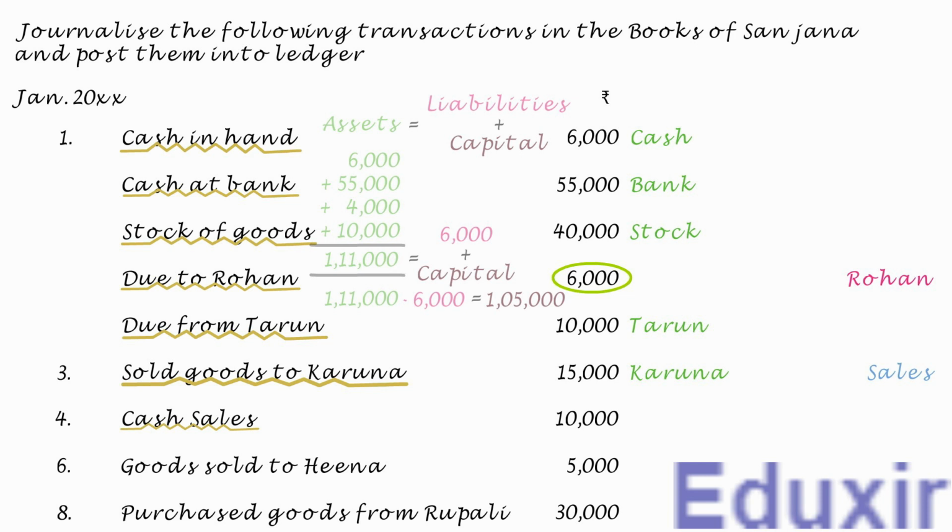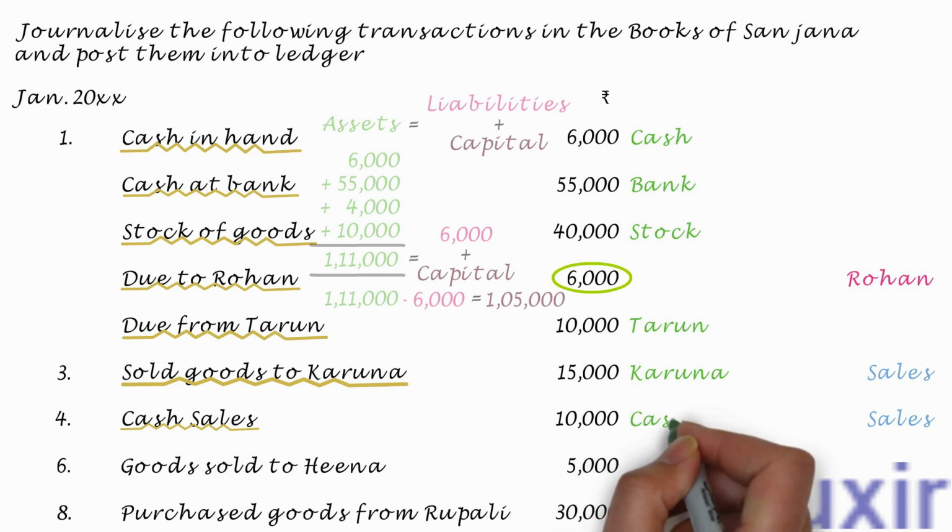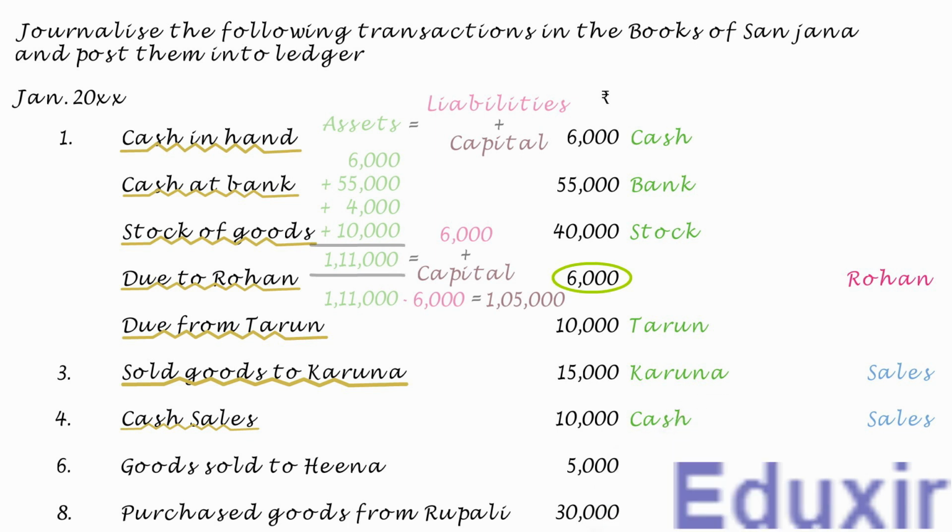As in this transaction there is a sale taking place, the revenue of the business is increasing. The rule to record an increase in the revenue is to create the corresponding revenues account. In this case, the sales account should be credited. At the same time, as this sale is done in cash, the cash asset of the business is increasing. The rule to record an increase in the asset is to debit the corresponding assets account. In this case, the cash account should be debited. With this analysis, let us now proceed with the generalizing of this transaction.